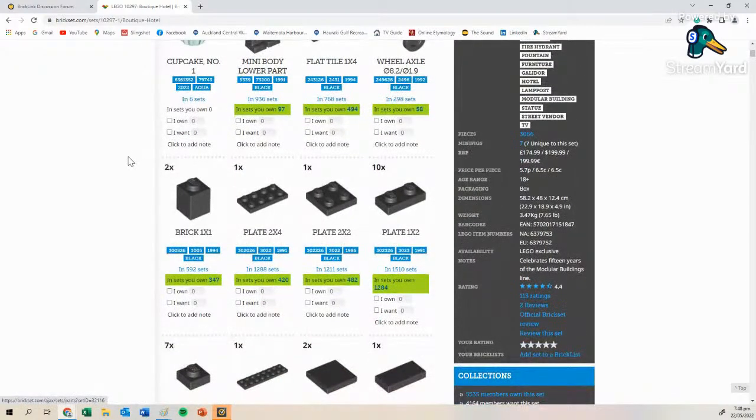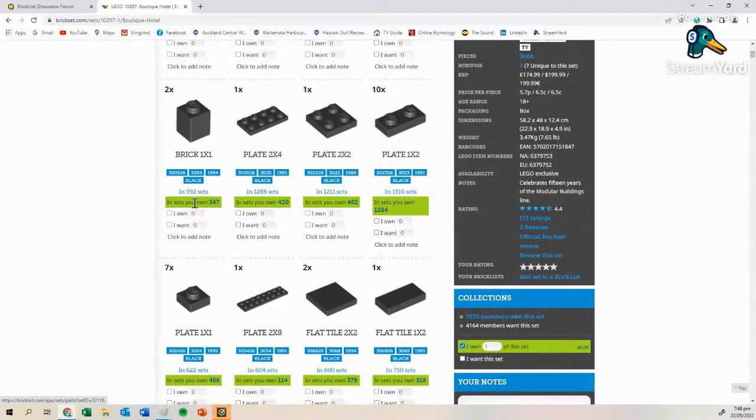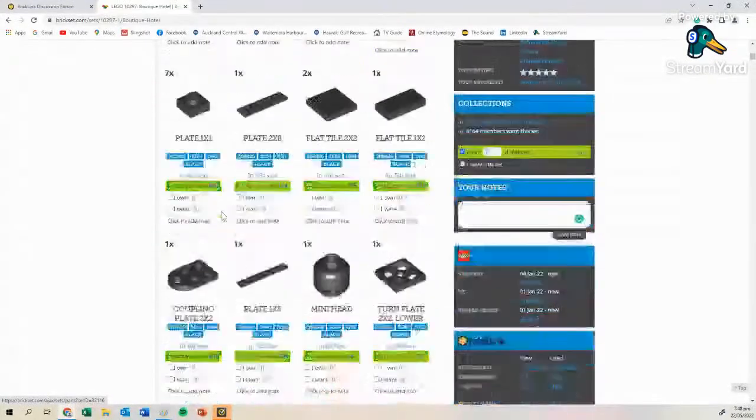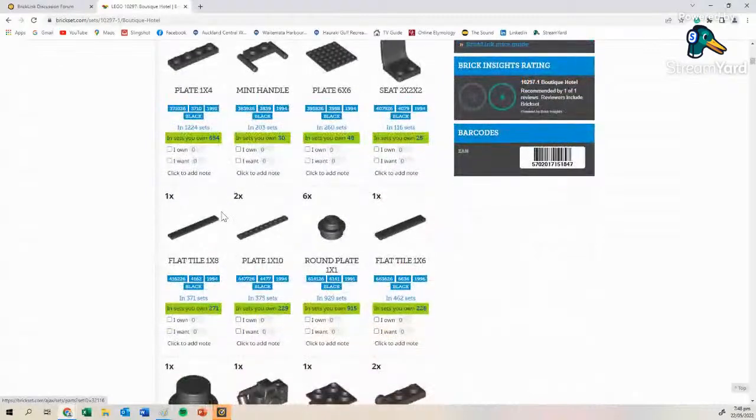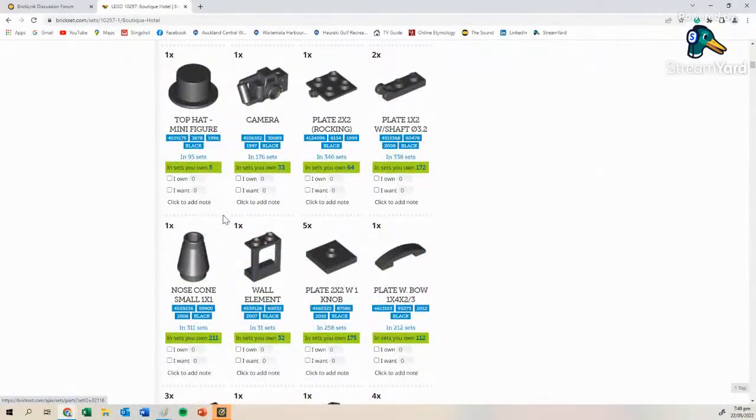And I want you to look at, when we scroll through, when we look at some of the parts in this particular set, that there are now these green boxes that are trying to tell you that not only do I own this bit in that boutique hotel, but I own 347 similar parts in the database of sets that I own. As we scroll through, you'll see that a lot of those parts are owned elsewhere in the sets that I own. If they're not owned,